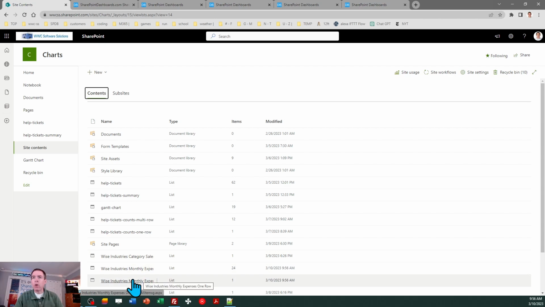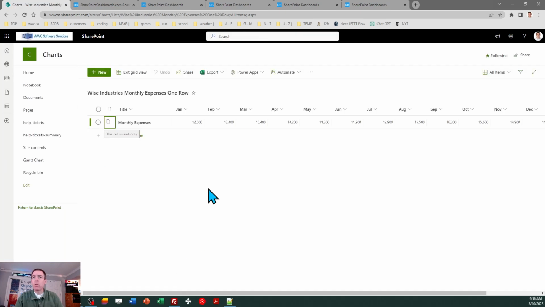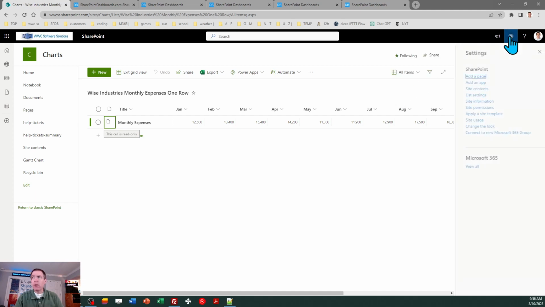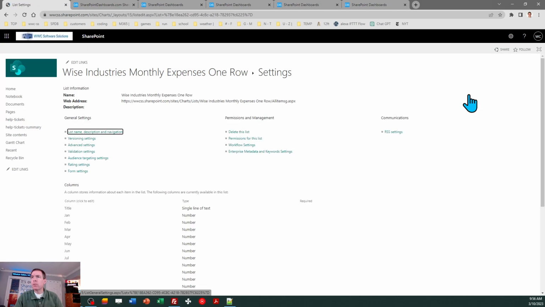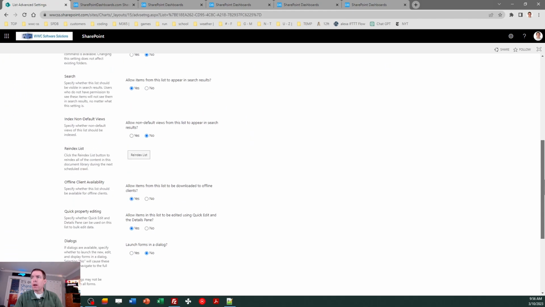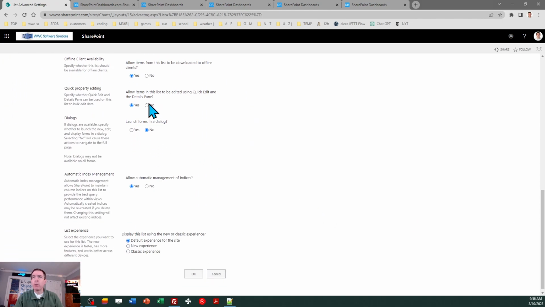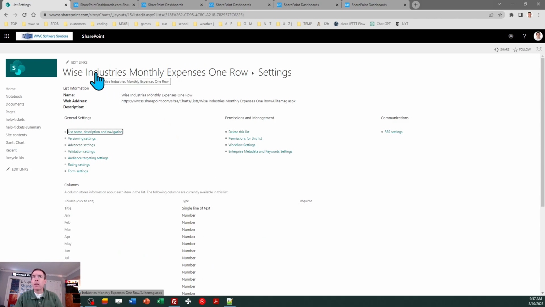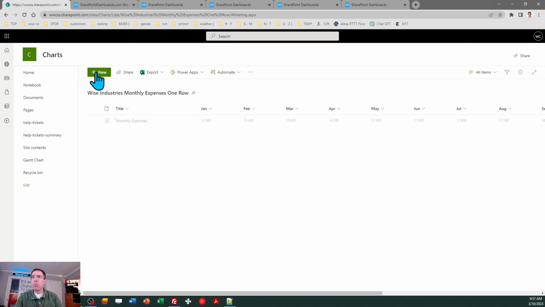Let's start with the one row list. And when this is created from Excel, it's going to automatically lock it into a grid edit, and we want to switch that. So click on your gear icon and go to List Settings, and then Advanced Settings, and it's the Quick Property option that we want to turn off. And while we're at it, you can select New Experience in the last setting. Okay, and then you can just click on the name of the list at the top to return you back, and then